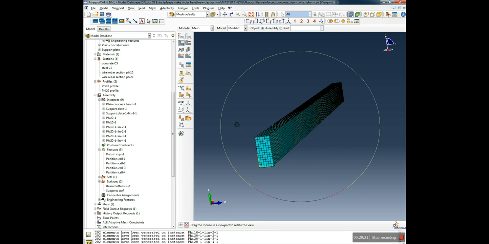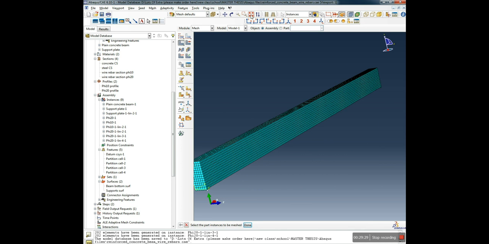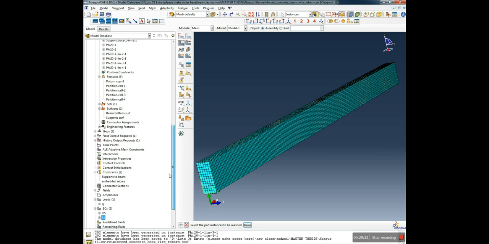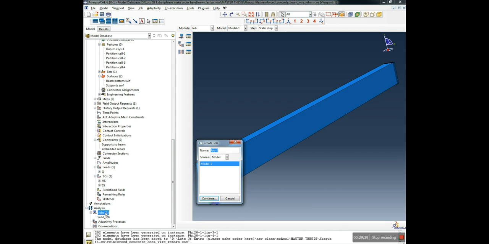So we can save our process. We click the floppy button. Now it's safe. Yes. And now we can run the analysis. Yeah. So this will be named wire job, and we click continue